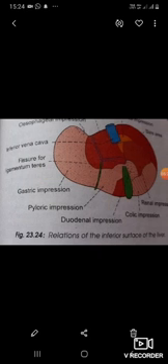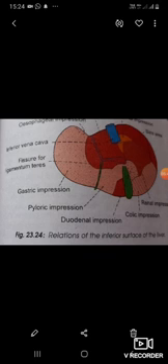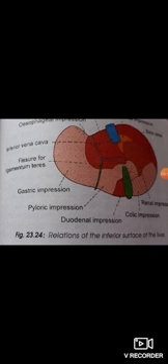Now, the relations of the liver. Peritoneal relations. Most of the liver is covered by the peritoneum. The areas not covered by peritoneum are as follows. Number 1, the triangular, that is bare area on the posterior surface of the right lobe, limited by the upper and lower layers of the coronary ligament and by the right triangular ligament. And the groove for the inferior vena cava on the posterior surface of the right lobe of the liver between the caudate lobe and the bare area.